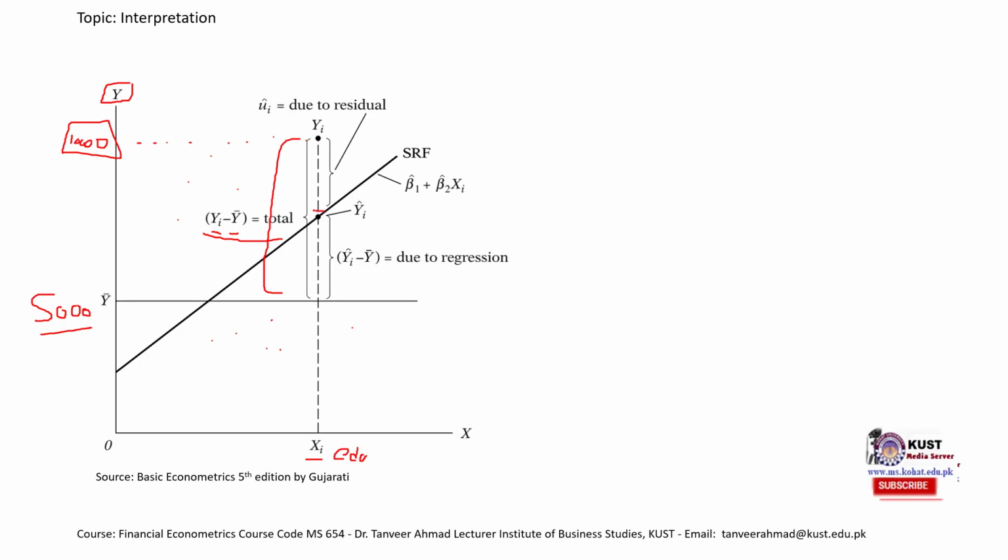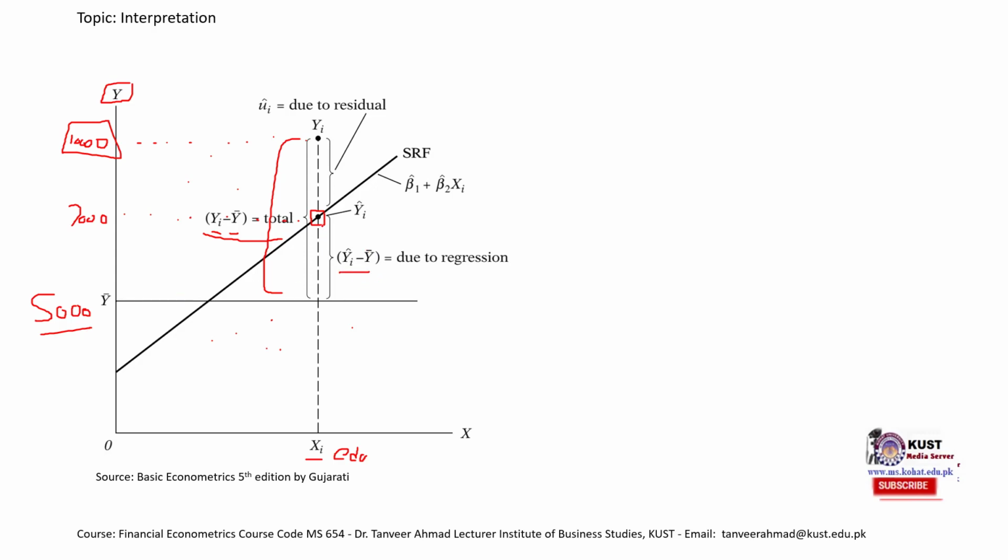We expected that someone with this level of education, this Xi level of education, would have a salary of say 7,000. Now this difference between the salary predicted by our model, yi hat, and the mean, y bar,